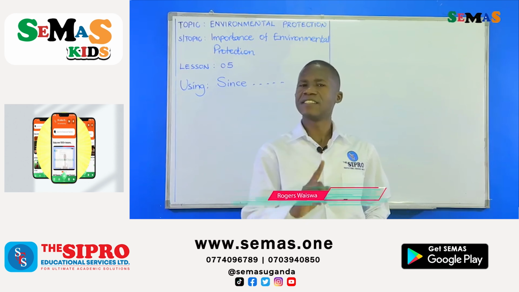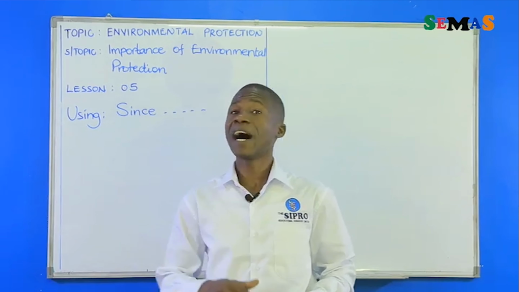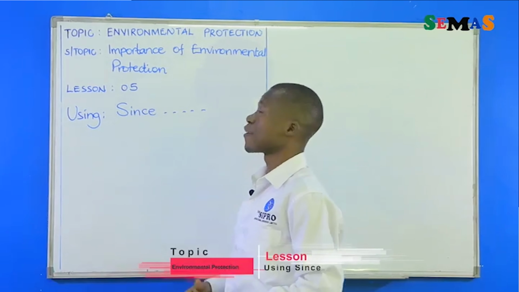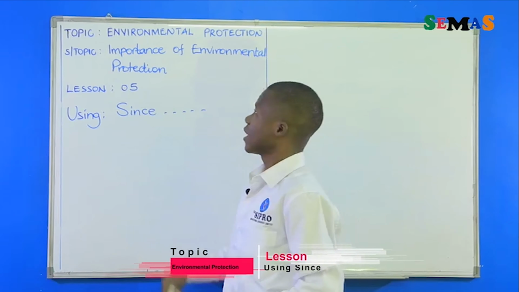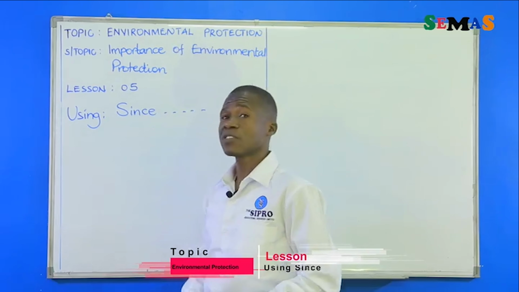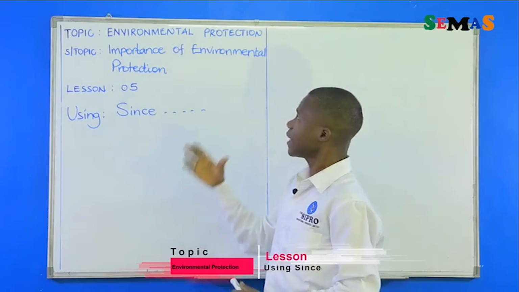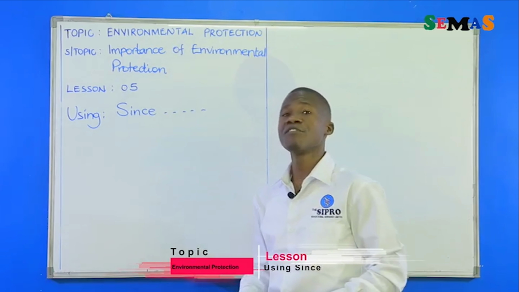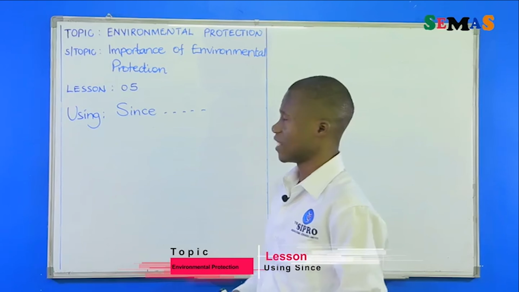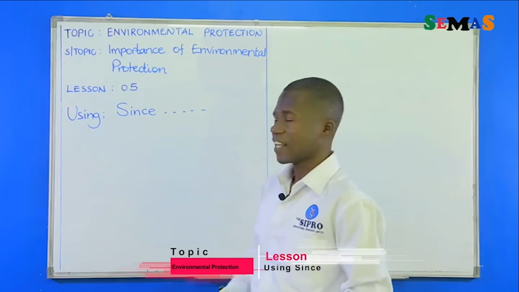Now, this is primary 7. Our topic, remember, is environmental protection. Don't forget to pronounce and spell the word environmental correctly. Under that, we look at importance of environmental protection. I welcome you to lesson 5. In lesson 5, it is a structure